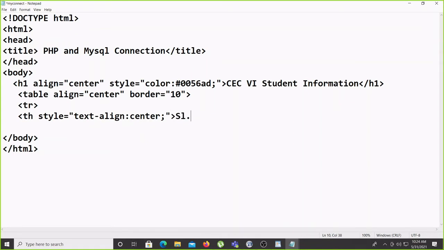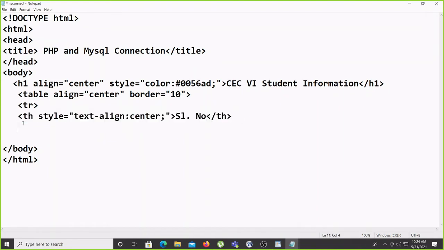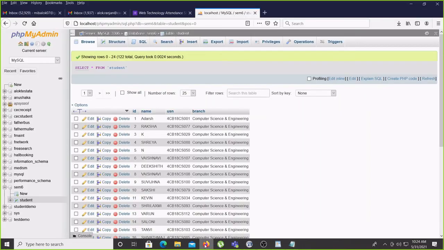So this is the serial number first. Close TH. Then again the same way, we want name, USN, and if you want branch also okay, otherwise not required. I am just writing the name and USN. Nothing like you must key in all values of that table; depends on what you want to display.